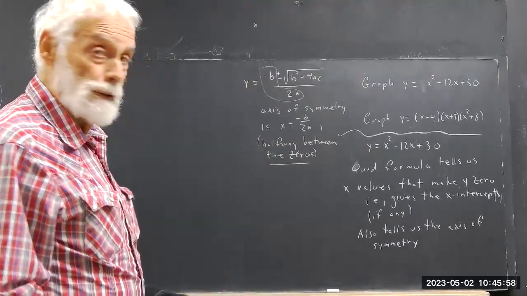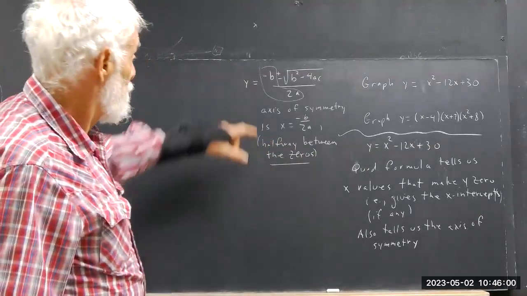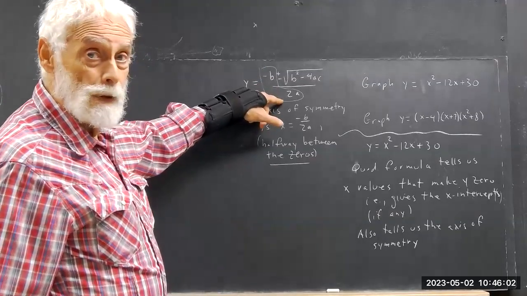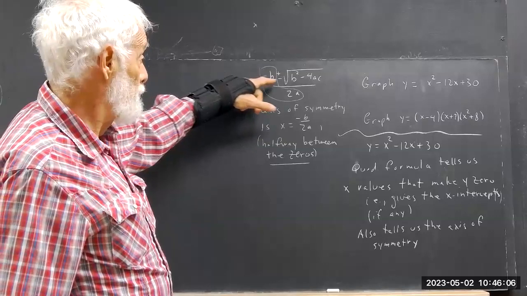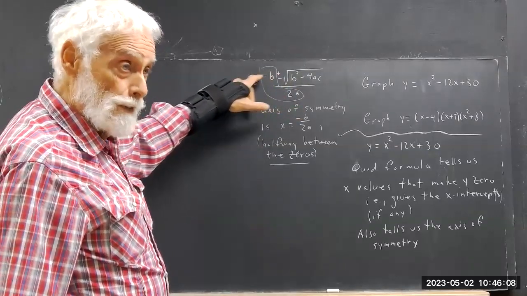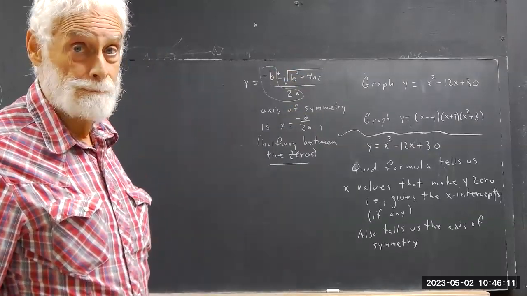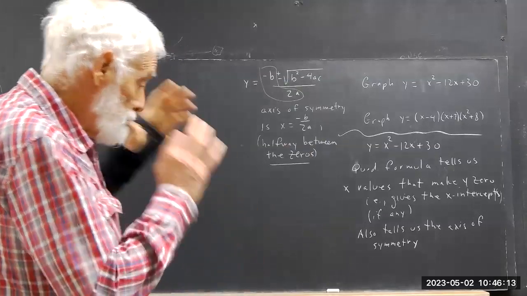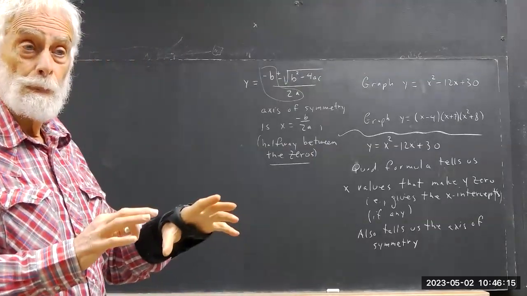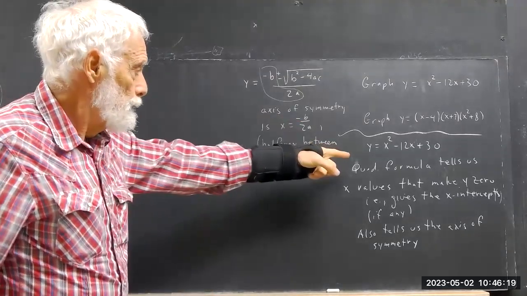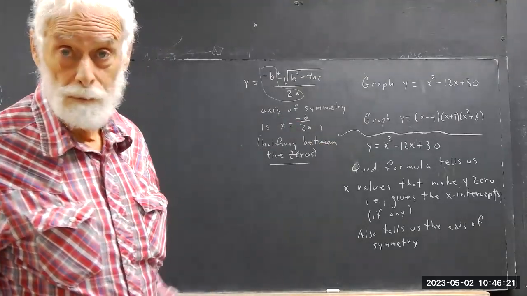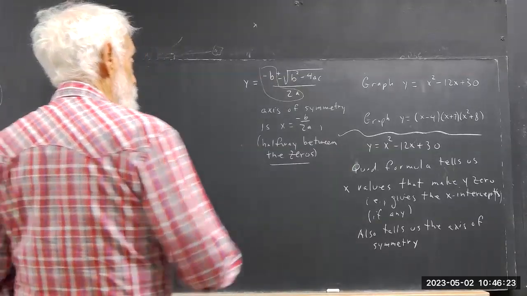But what I told you about that. Okay. This has to be halfway between the zeros because negative b is halfway between negative b plus the square root and negative b minus the square root. If you lock that in, you have a very simple picture of the way you proceed to graph your quadratic. Okay, so